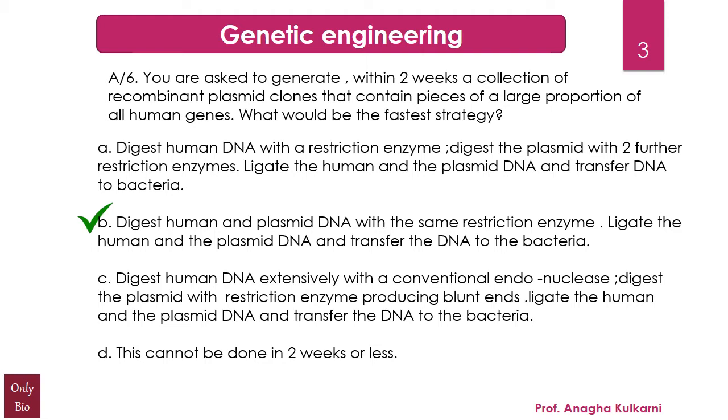You use the same restriction enzyme on the plasmid so as to make some space for accommodating the human DNA and fitting into it. Once that DNA is introduced into the plasmid DNA, we ligate it, that is stick it with the enzyme DNA ligase. The plasmid DNA will now be called as the recombinant plasmid DNA, which will then be introduced into the bacterial cell, which on replication will help us to produce the clone of the same.